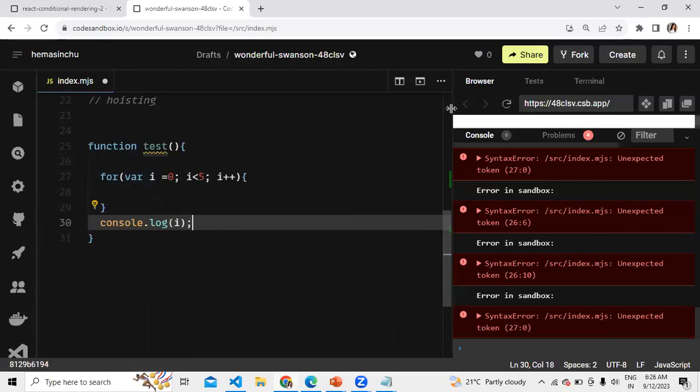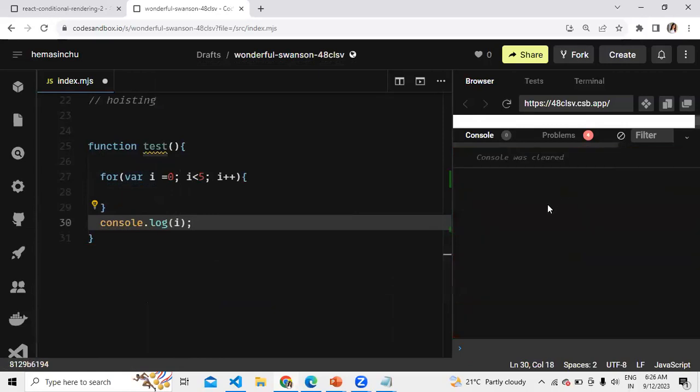What do I get? If I try to access it after the for loop, tell me in the chat what is the value of var if I just try to access it after the for loop is done. Will I be able to access it?